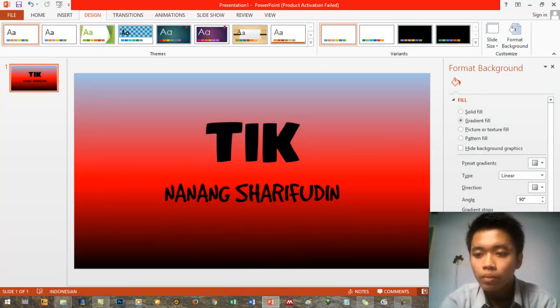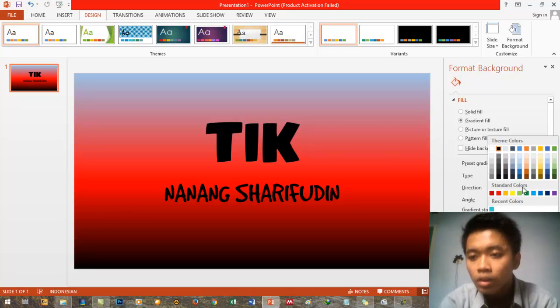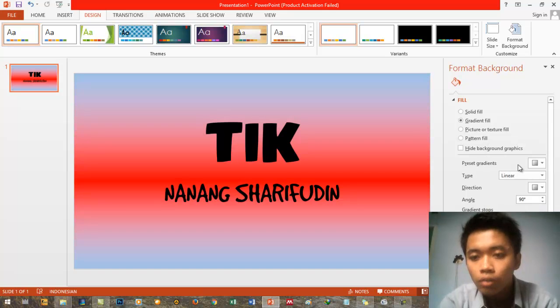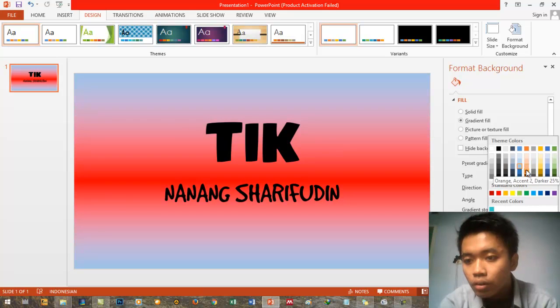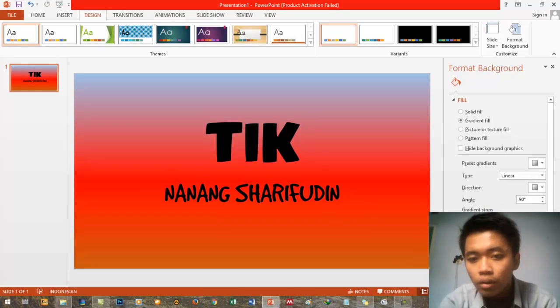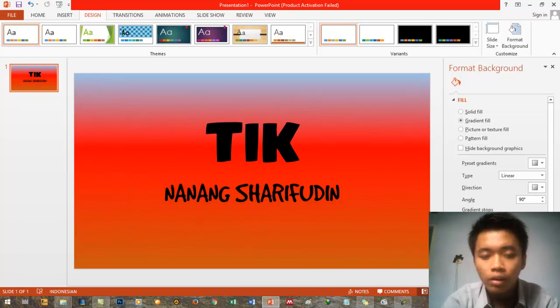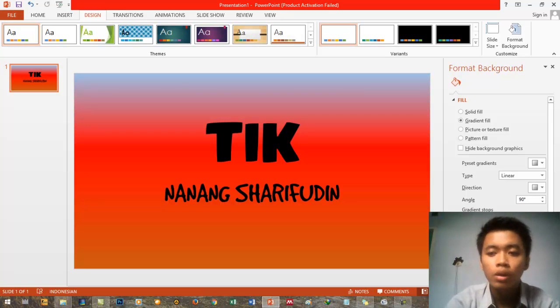Yeah, we can change again if we think that it doesn't really match with the color or the font, and we can drag again to find the color that we want. Yes, that's for gradient. So we can combine three or more colors to make our gradient.